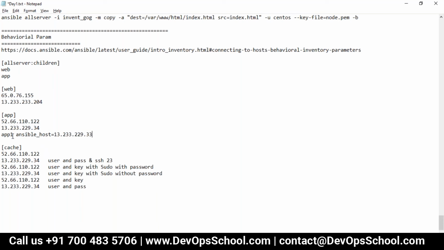So app1 is a host name, and whenever app1 should connect to a different host, here you can change the name. This will remain the same all the time, only you have to change this one. That way you can correlate the host.